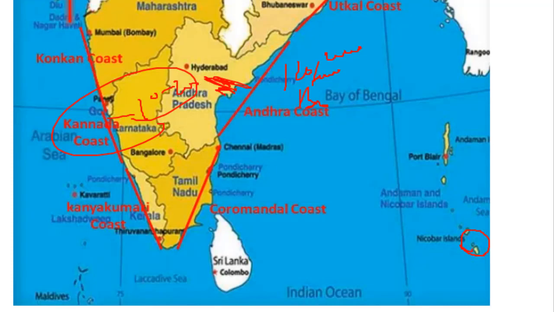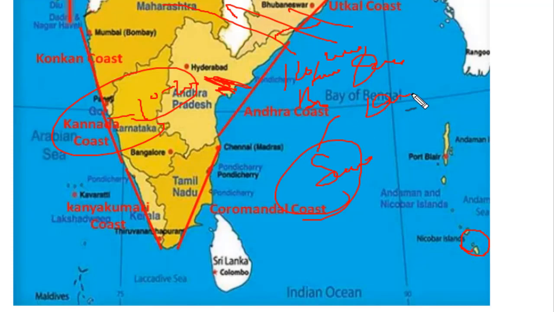A significant part of this eastern coast is that lots of deltas are formed. We have studied that many rivers drain into the Bay of Bengal, like the Ganga, Brahmaputra, and many more important rivers, and because of that they form deltas, and deltas are very rich in resources. We have seen there is the Sundarban delta in the eastern part of the country that is very significant, and it is the